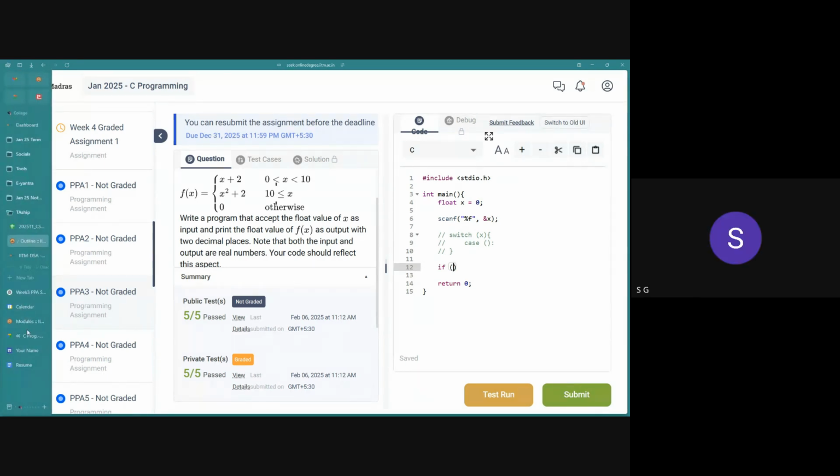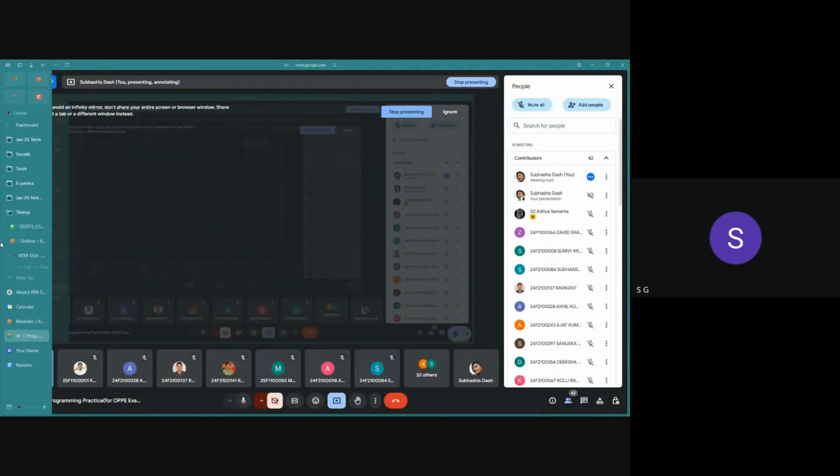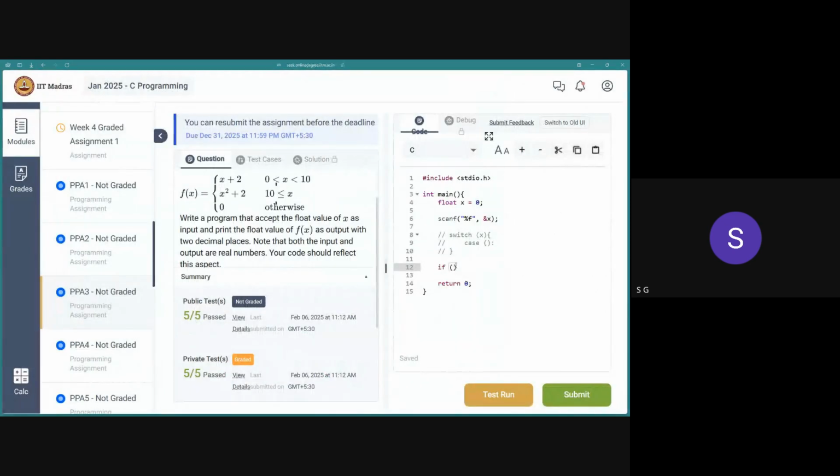So anyone is able to take, simply, x greater than or equal to 10. Okay, so x greater than or equal to 10, and then we write the result: printf x plus 2, percentage d, comma, and we want x times x plus 2, correct? Exactly. And else,